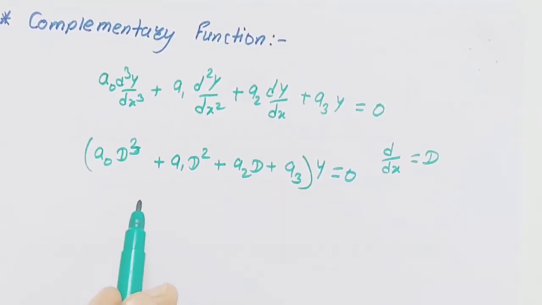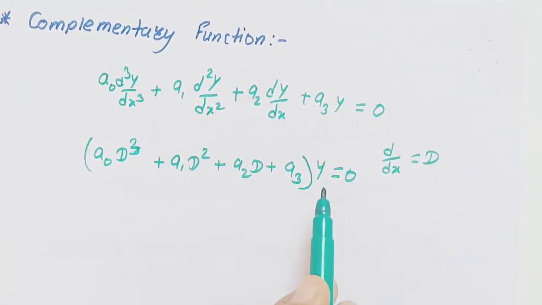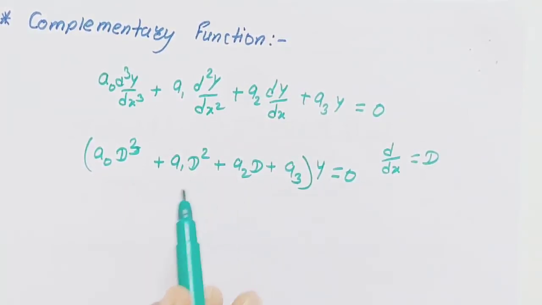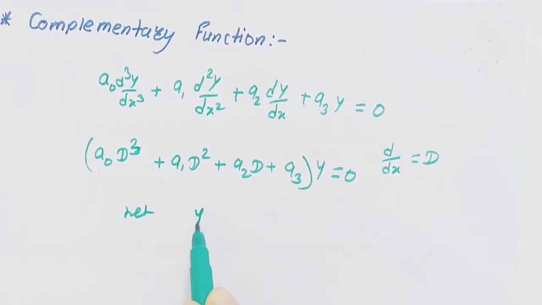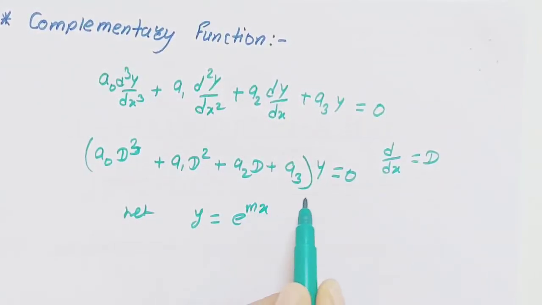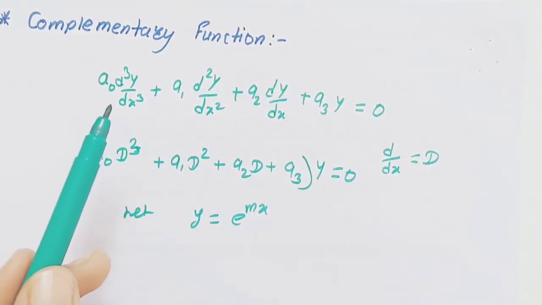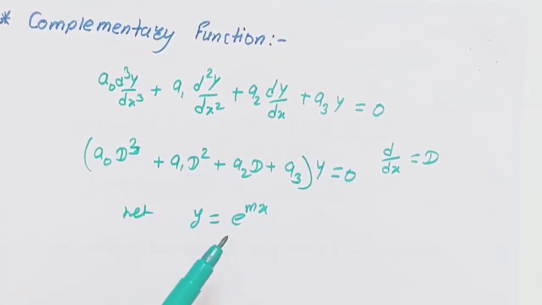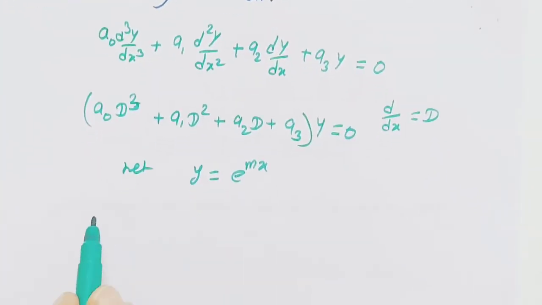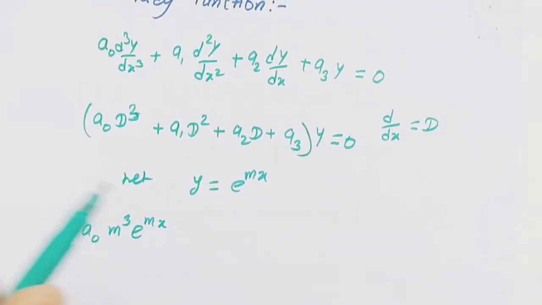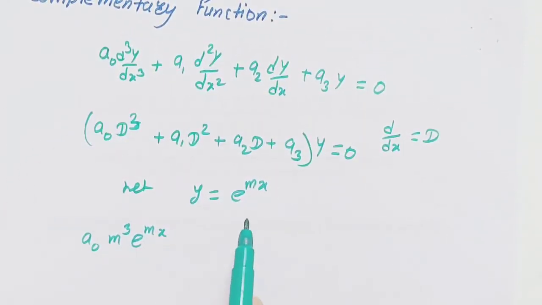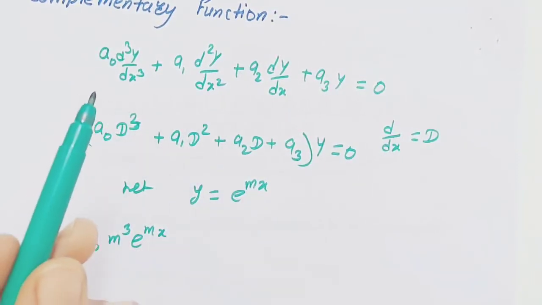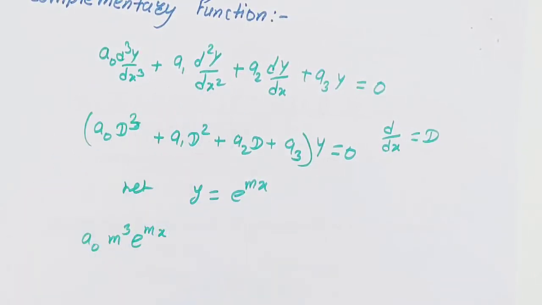For the solution of this differential equation, we want the value of y which satisfies this differential equation. So let us consider y is equal to e raised to the power mx as the solution for this differential equation. If we put y is equal to e raised to the power mx in this equation, then the first term contains the third derivative of y. If we take the third derivative of y in this term, then we get m^3 e raised to the power mx. We are just putting the value of y in this term. We are considering this a solution, that means this solution is satisfying this differential equation.